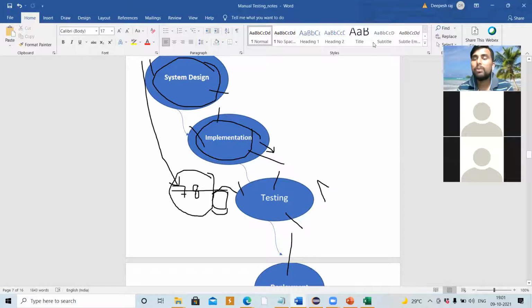If someone makes a mistake in this process, for example, while designing, the architect misses a requirement, no one will notice, because no one is going to review the architect's work.